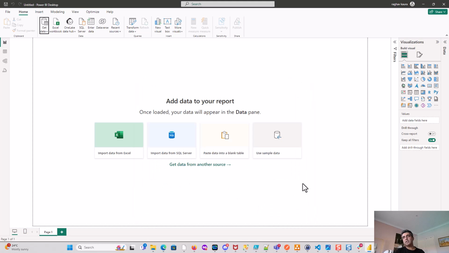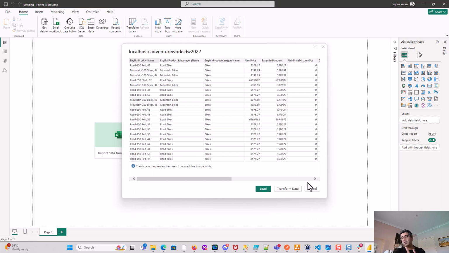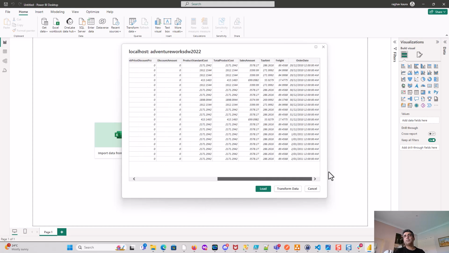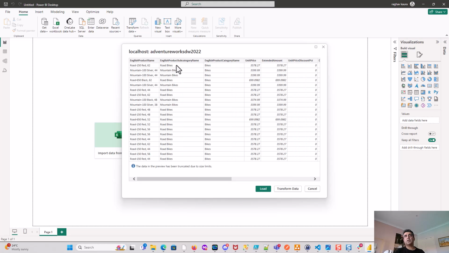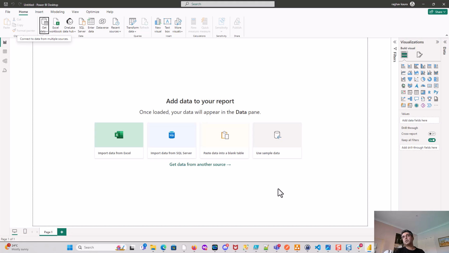And essentially, it's got one table, but it's got the internet sales amount that I'm after. And it's also got the English product name, product subcategory, and product category. So I'll just hit transform data for now. So I just wanted to show you a few steps